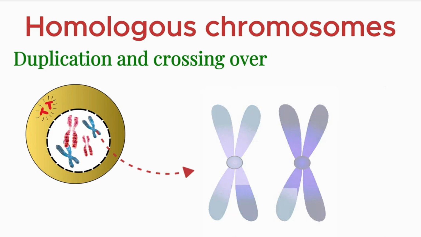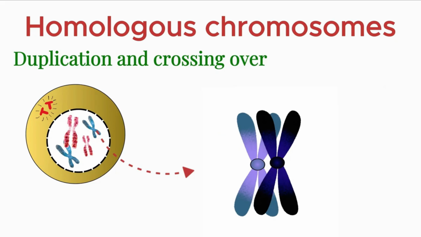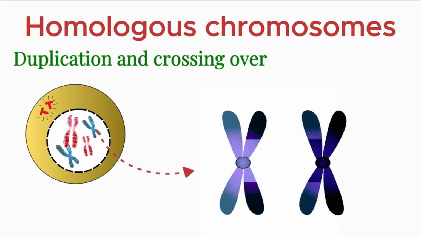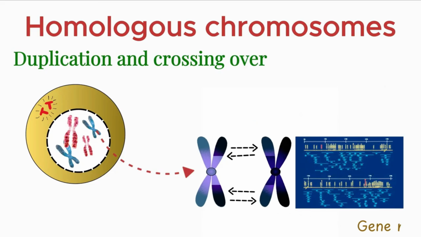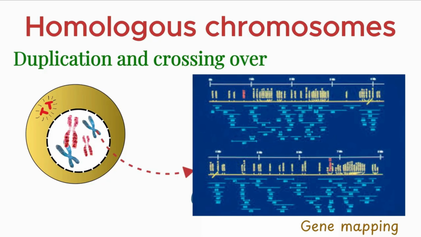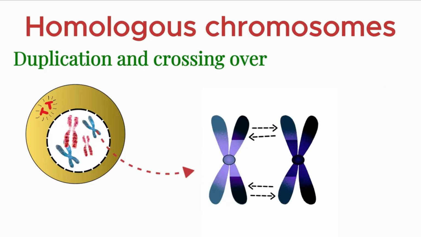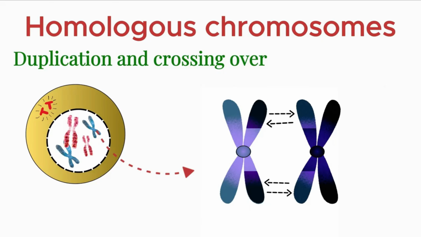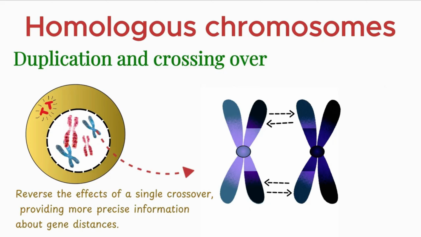However, crossing over can also occur at 2 points, resulting in a double crossover. During this process, segments of the chromosomes are exchanged at 2 different locations. This process is important in gene mapping because it allows us to determine the relative positions of genes on a chromosome. The occurrence of double crossovers can sometimes reverse the effects of a single crossover, providing more precise information about